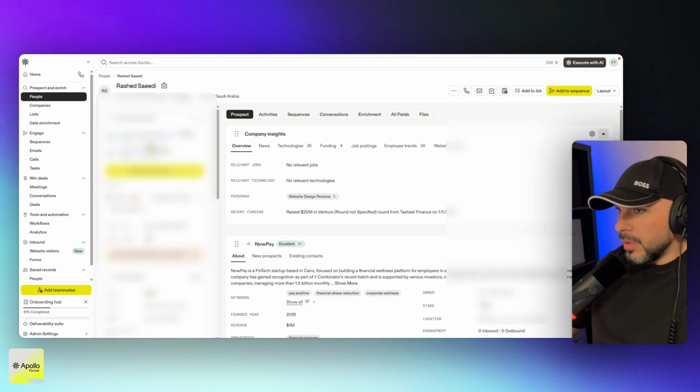It showed me his email address and it also displayed his mobile number. What's more, it confirmed that the email was verified and the mobile number was verified as well. By doing this, we will have successfully obtained the mobile number and the email address of this individual employed at this company. This approach allows me to effortlessly connect with them precisely when they are making a decision to